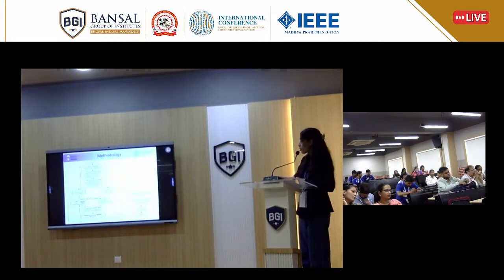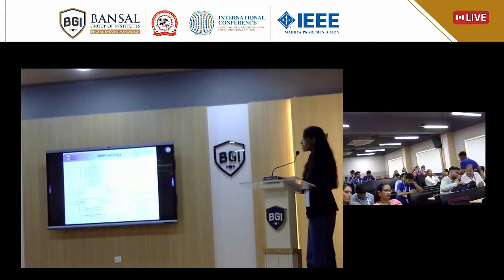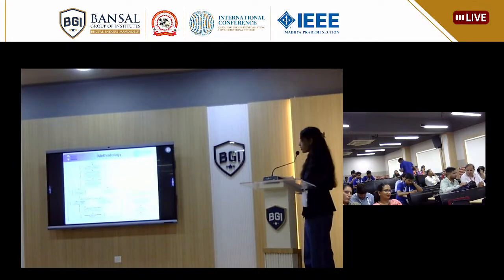This is the flowchart of my presentation. Firstly, we collect the data and then extract the features, such as permissions and API calls, and then preprocess the data. After that, I will divide it into two parts: first is the training set and second is the testing set. The training set works with 70 to 80% and the testing set with 20 to 30%.